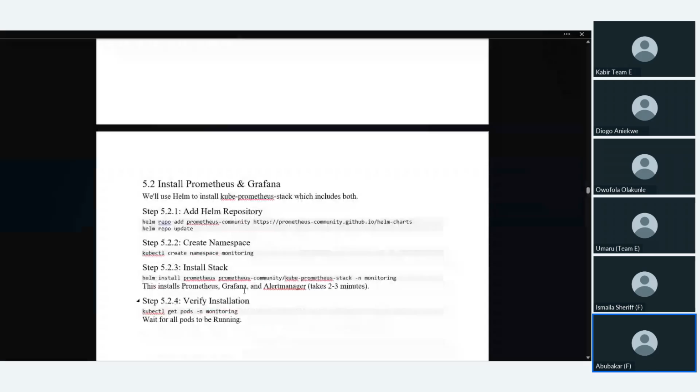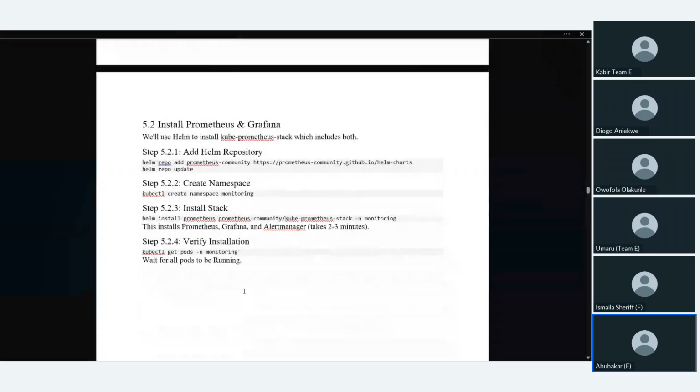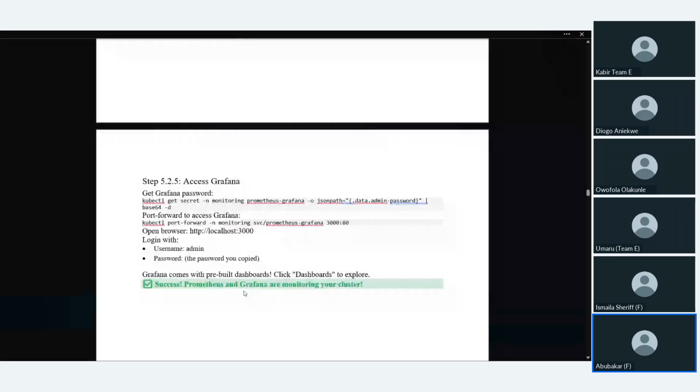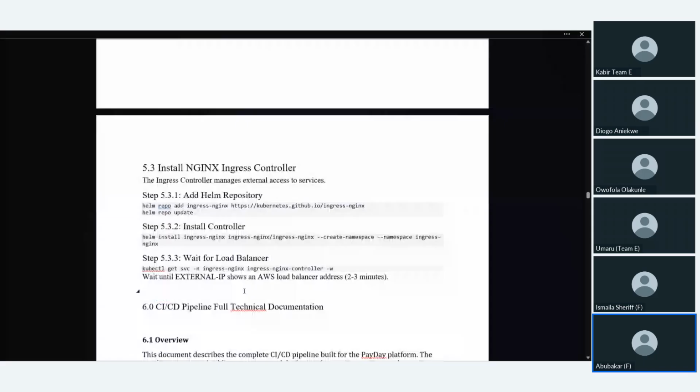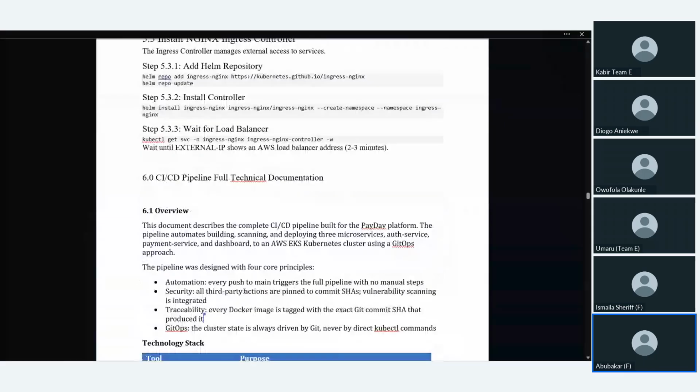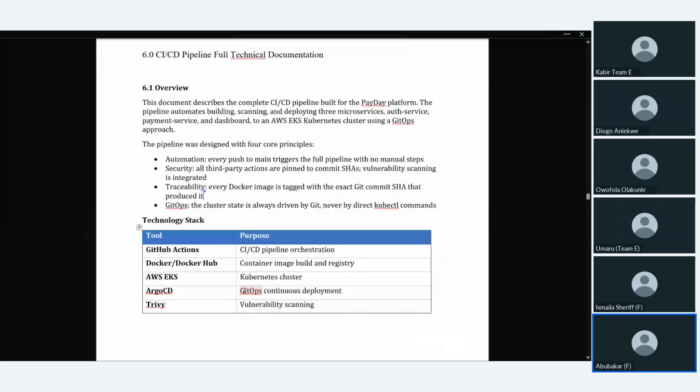So I'm just going to try to summarize it. The whole workflow was to automate the whole process of updating application code and images and pushing them live to our cluster. I was able to achieve that using all of these tools.